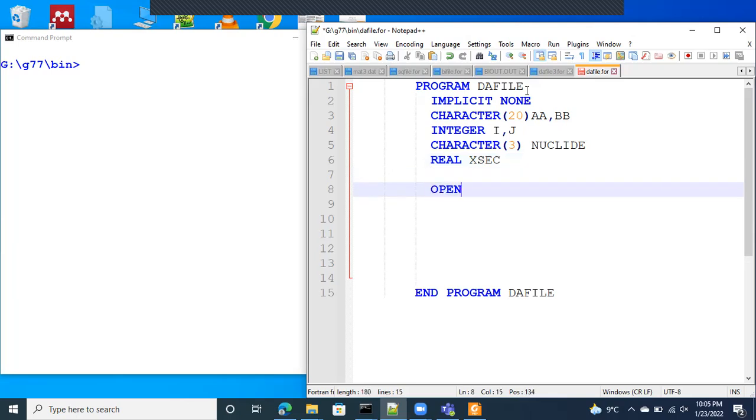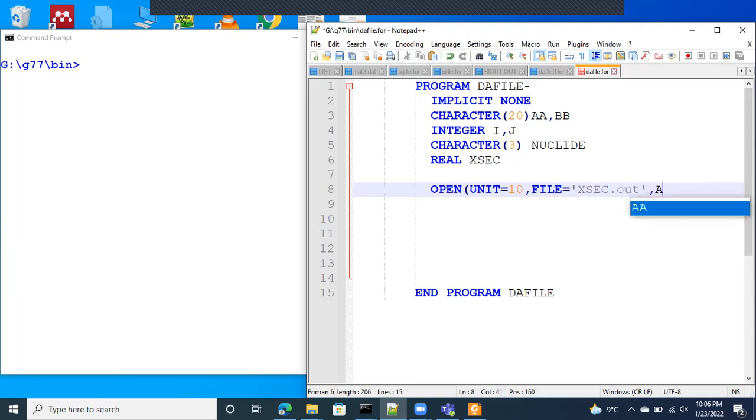And I define a file, unit 10. The file name is cross section.out,